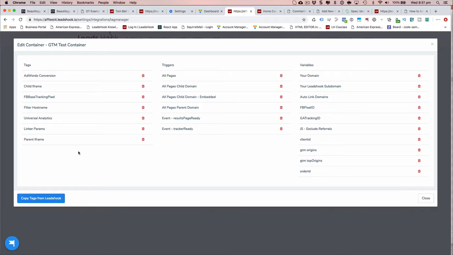These are imported from a customized LeadsHook container that we have, which we import into your account or into a new container that we create in your Google Tag Manager account. It's got your normal stuff that you'll see there, Universal Analytics, your Facebook Pixel, you might see a Google conversion, and then we add a whole bunch of other stuff. I won't go through all of it. There's a lot of training inside the